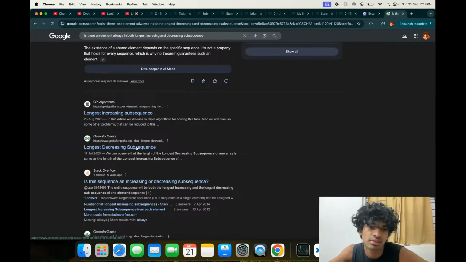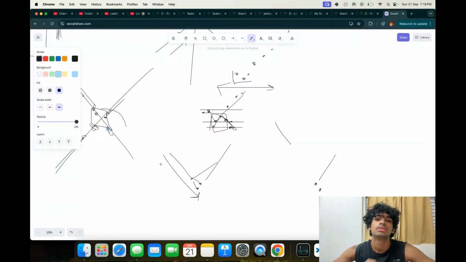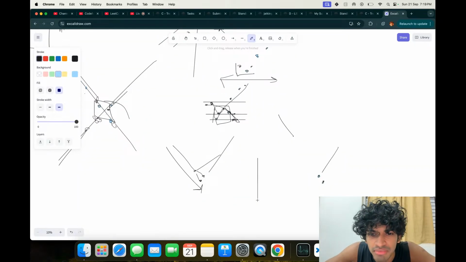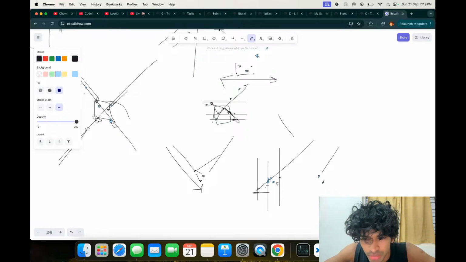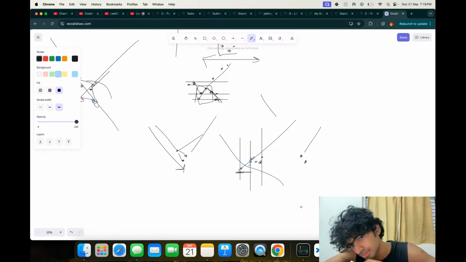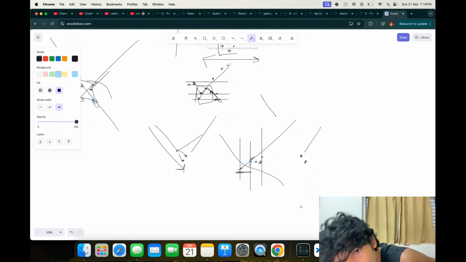This is dumb, I guess. Let me think of this thing. The first time where a longest increasing subsequence and the longest decreasing subsequence are side by side, what can you say? Maybe instead of that, you could have just taken this one. Instead of this, you could have taken this one if the next thing is smaller. But if the next thing is smaller, you could have taken this instead.